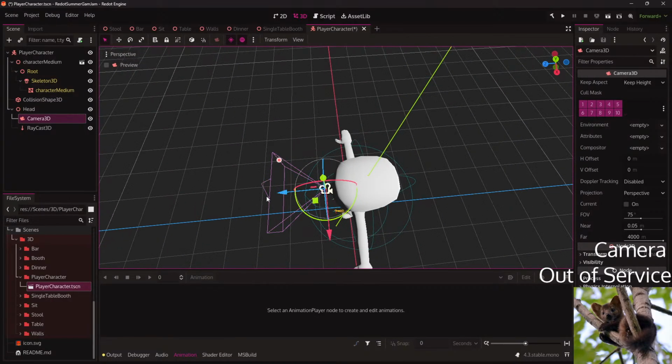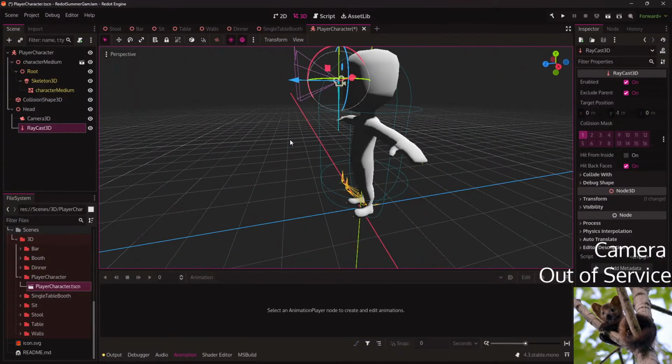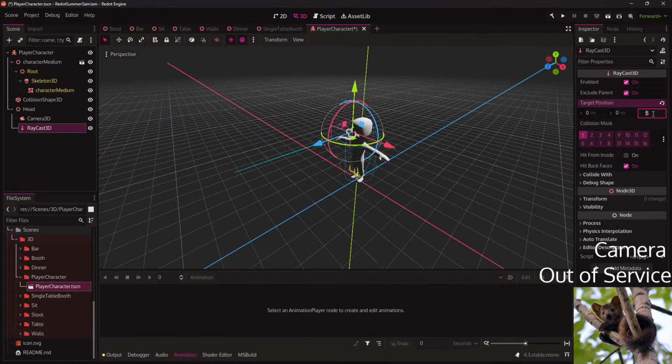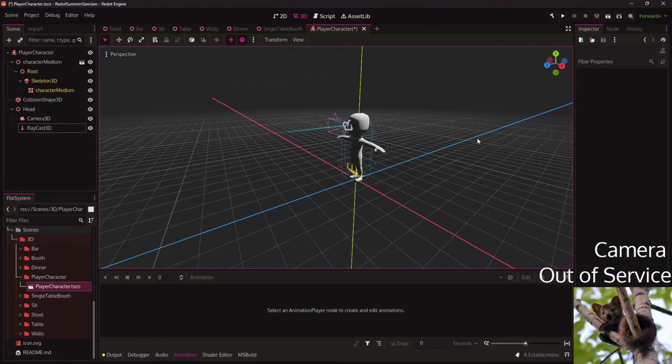So, what is the direction? 0, positive y. Okay, maybe not 15 meters. 5 meters is big. 3, okay.